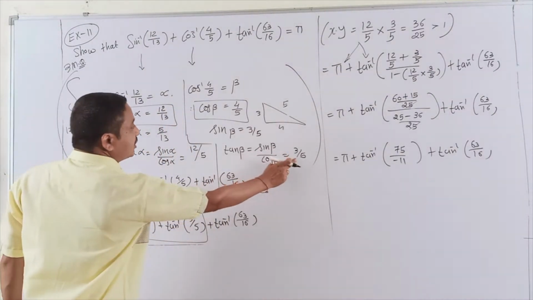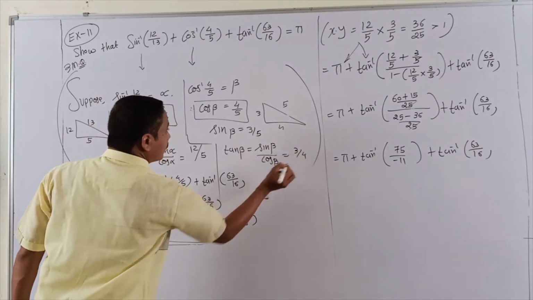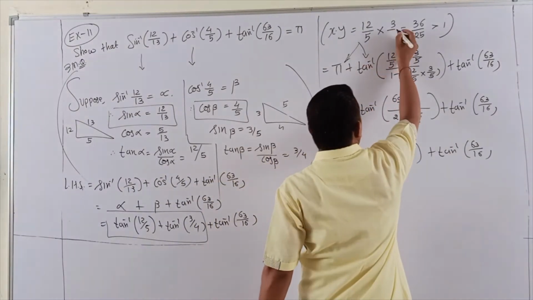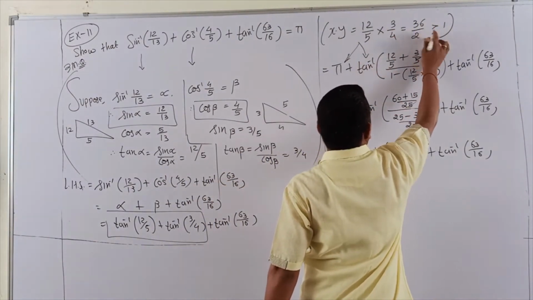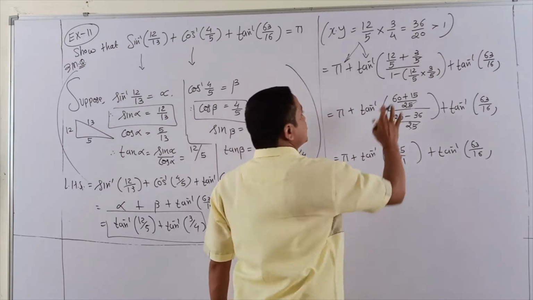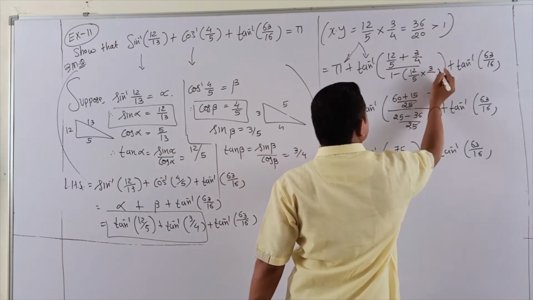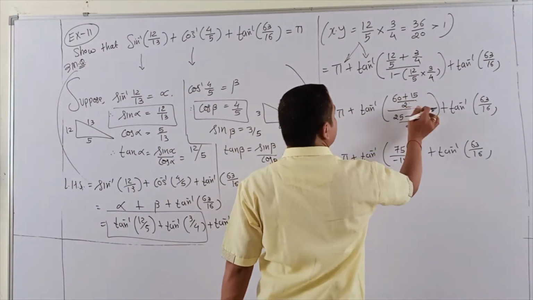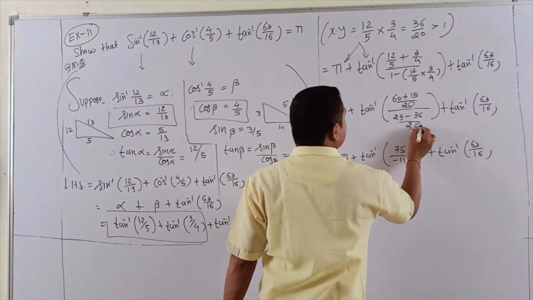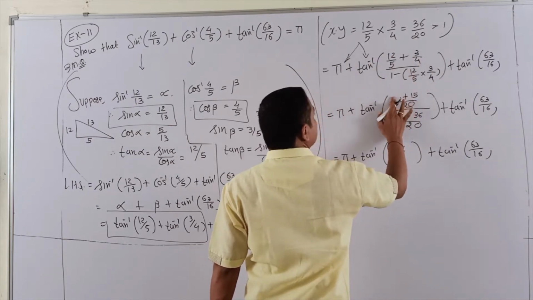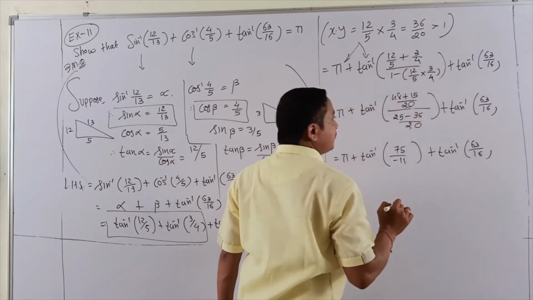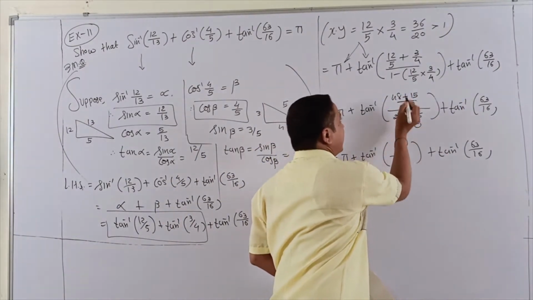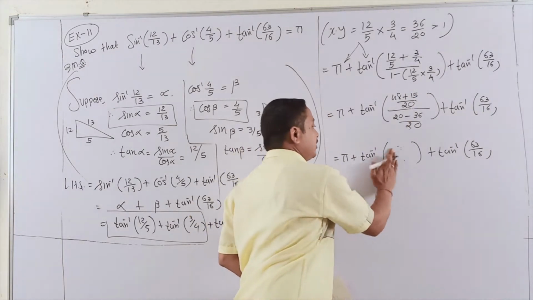Beta is not 3 by 5, it is 3 by 4. So here 3 by 4. And further, similarly here 3 by 4. You get 36 by 20. Again it is 4 there. So here 3 by 4. Just checking. Students, my mistake there. So the LCM here is 20. Upper and lower side. Now 12 times 4 is 48, 5 times 3 is 15. Similarly here, the LCM is 20. And last, 36. Now finished.